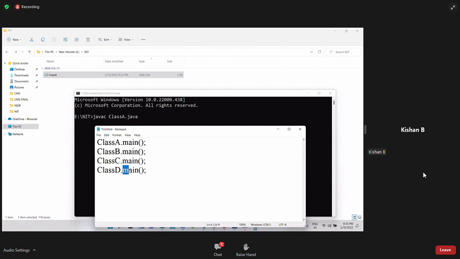What does JVM require in order to execute that main method? Exactly. Class name is required. Am I right or wrong? Guys, if JVM is having this class name, automatically this is common. Okay, guys. Now